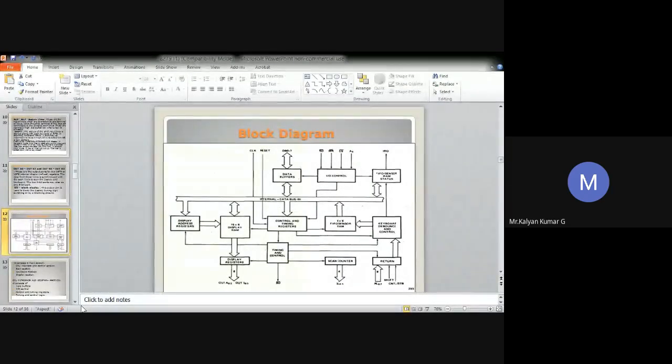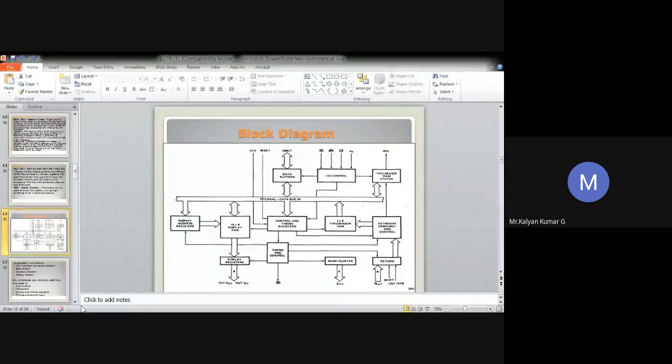In case of decoder scan mode, the output of your scan lines will be similar to a 2 to 4 decoder. Whereas in case of encoder scan mode, the output of the scan lines will be in binary, which means we need an external decoder to convert the binary count into decoder output. That is the difference between decoder and encoder scan mode. And the scan lines are common for both display as well as keyboard.